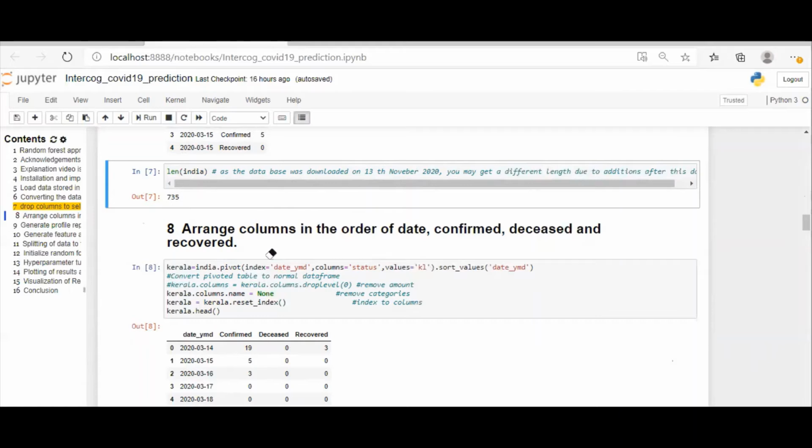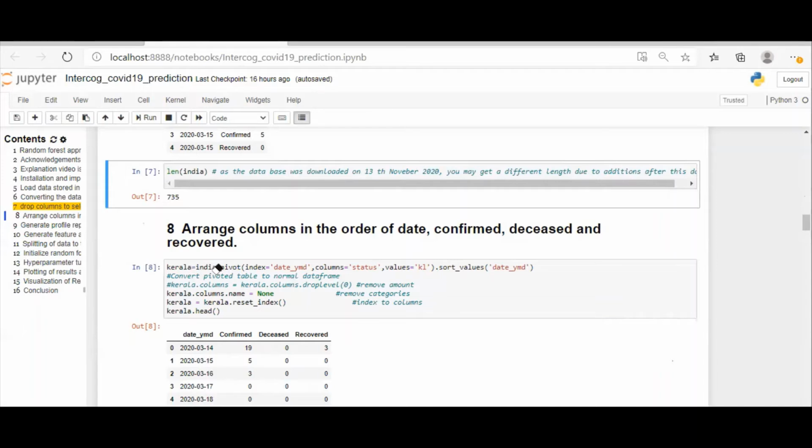Now I am going to arrange it in an order so that we can apply the random forest method. As a first step, I am going to convert it into columns: confirmed, deceased, and recovered.